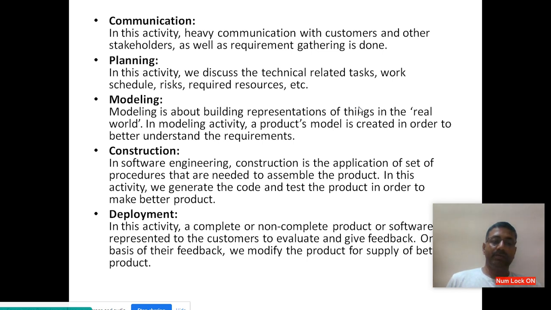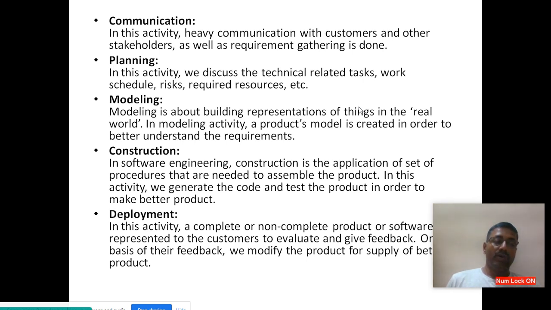Modeling is about building representations of things in the real world. Model in the sense that the prescribed things have to be implemented, and we are going to follow that activity step by step.